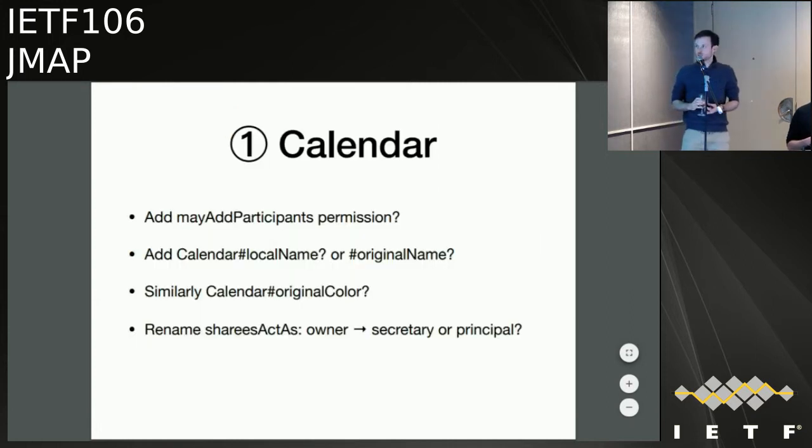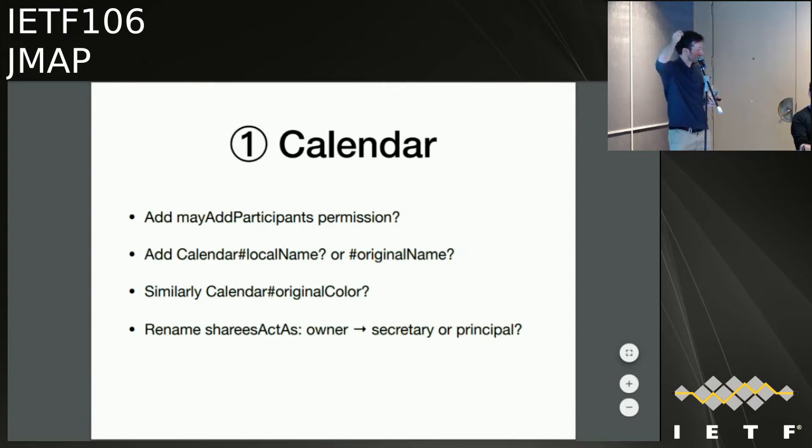Yeah. So there's a few things we've been looking at. If people have seen the spec, there's a lot of permissions involved in calendaring. The calendar object has gained a lot of different permission options that you can assign to people, more than mailbox. And I do think we need them all. I'm just wondering whether we need to add one more, which is whether you can share a calendar with someone where they have write access, but they don't have permission to add new invitees to events. At the moment, I'm just tying those together, but I think some systems might make that separate.